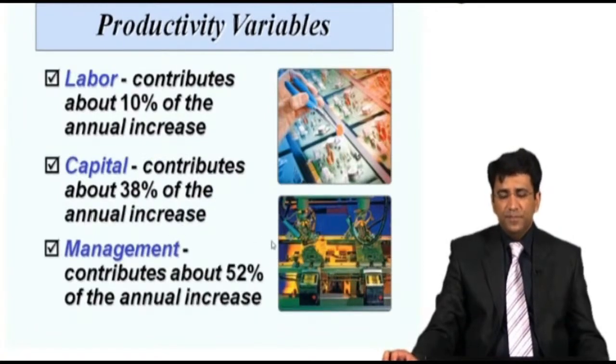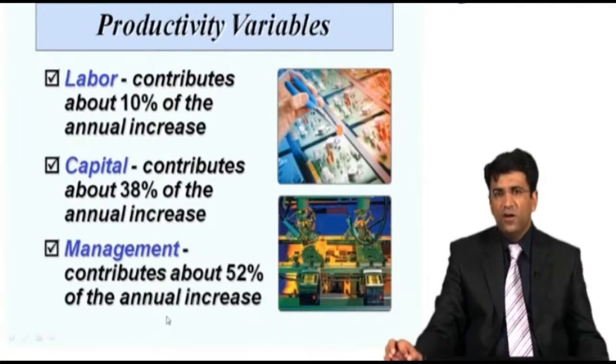Now students, the research conducted by the different theories says that labor contributes about 10% of the annual increase in productivity, capital contributes about 38% of the increase in productivity, and similarly the management philosophy and the management activities contribute about 52% of the annual increase in productivity. So these are some of the figures that have been studied by some theories, that what are the different factors which have contributed towards the productivity improvement. And again, we'll have to give the due importance if we want to enhance the productivity level for our own